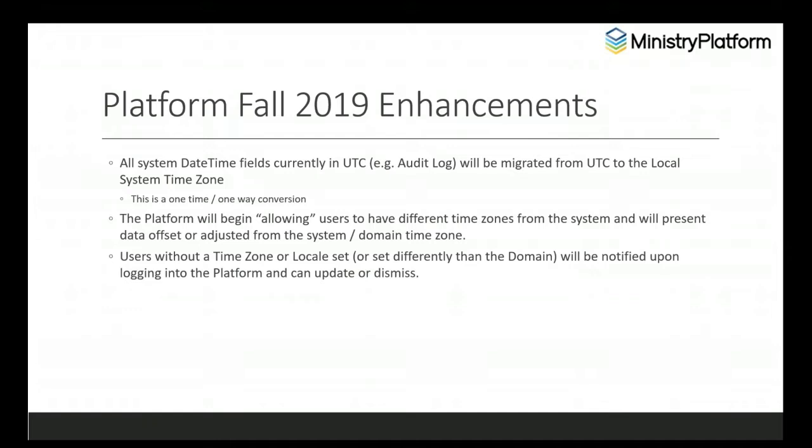Audit log and DP communications messages are going to be migrated from UTC to the local system time zone. So whatever the time zone of your SQL server is, that is the time zone to which these values will be converted, because that is the default time zone you're operating in right now. Any default field values where we've plugged in getDate or anything else are always using the SQL time to create those initially.